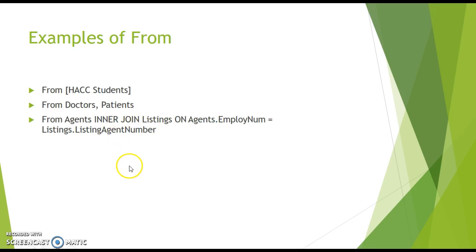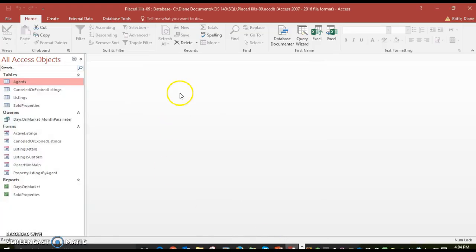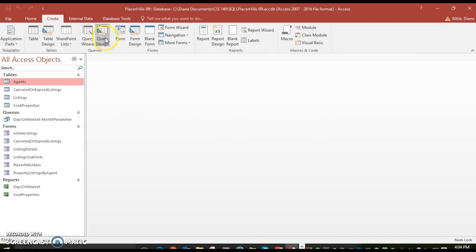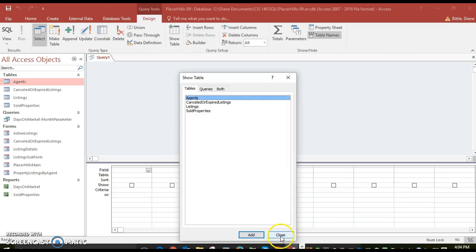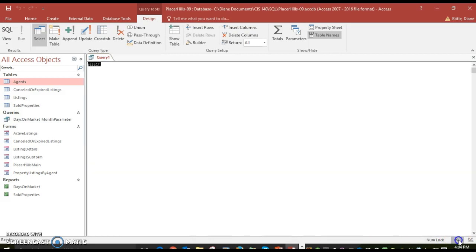All right, let's take a look at some real examples here. I'm going to come back and I have an Access database file opened up. So to create a query in SQL, all I'm going to do is create query design. I'm going to close my table, and I'm going to come down here to the bottom right hand corner and go to SQL view. Okay, notice select automatically comes up along with the semicolon. So let's say I want to